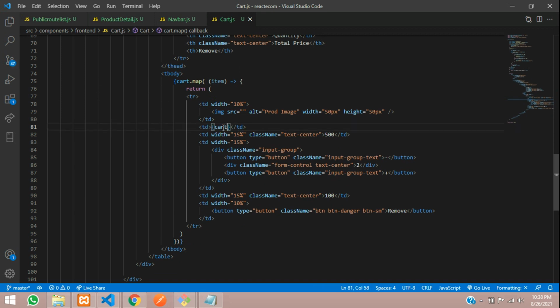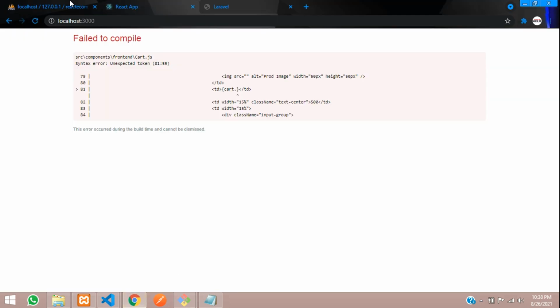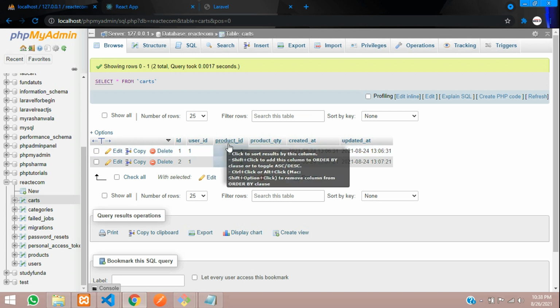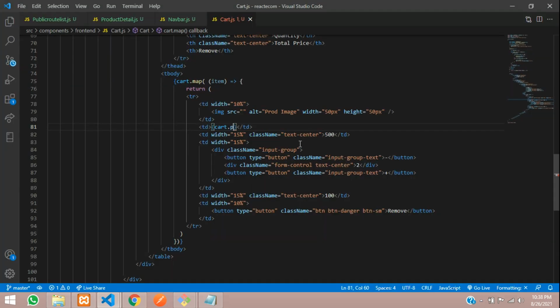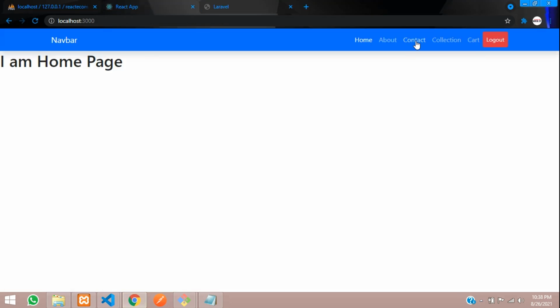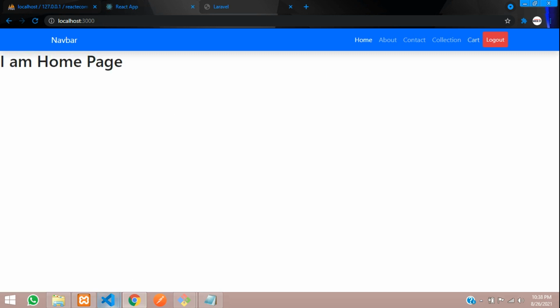So let's put this cart.product. What is that? Let's see our database. So we have the ID, product ID, right? So let's print product ID only. product_id, save, and let's go to cart. Okay, it's redirecting back.